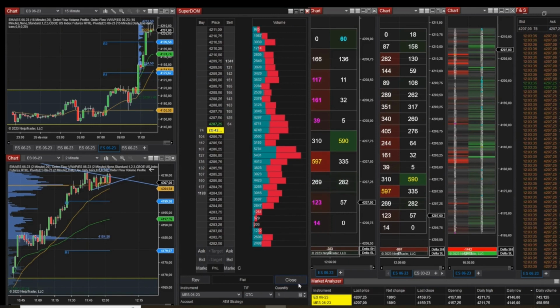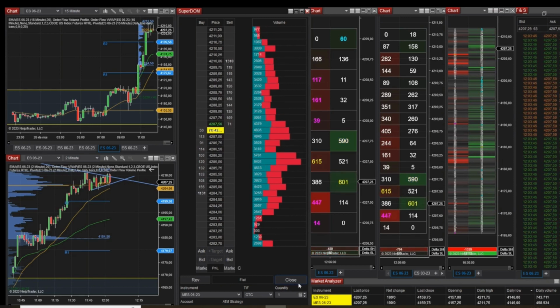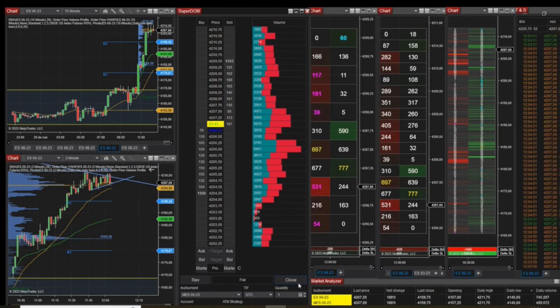I ended up not entering, okay, because this was a counter-trend trade. Then it's not that comfortable to hold it longer. I understood that after that failure up there, it would be likely to at least try to make the breakout down here, but I preferred not to. Then you see,